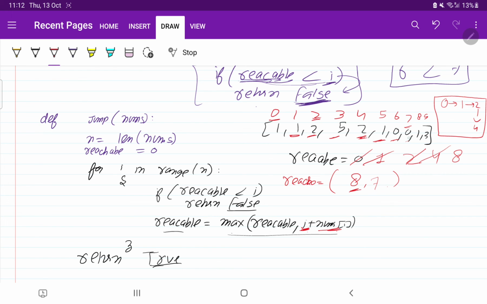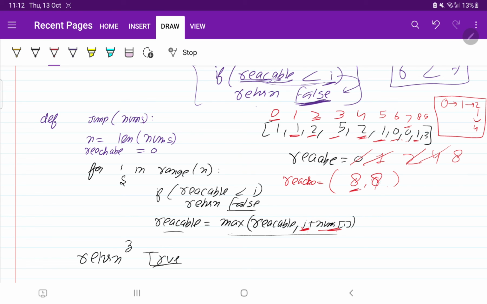Now as soon as you come here, you can see 8 is less than 7, is this condition true? No. As soon as we come to the next position, 8 is here, and 8 plus 1.